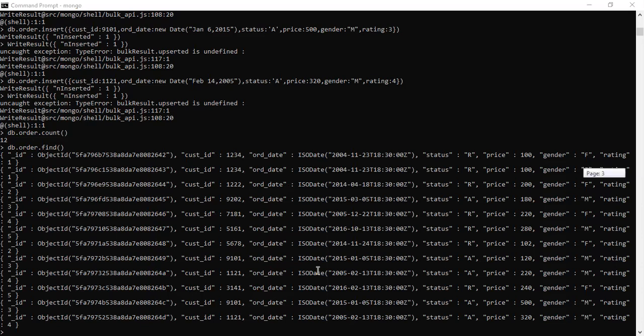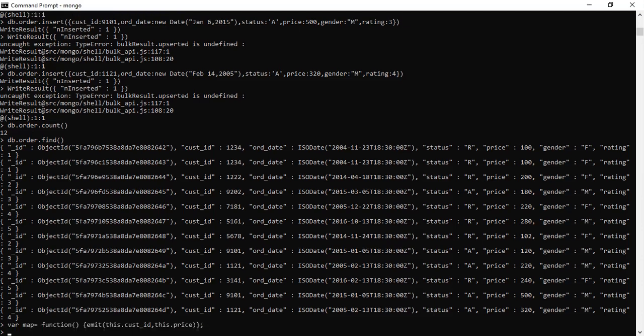Now we will go with the first task in the map reduce. Write a map reduce operation to return the total price per customer ID. What is the meaning of that total price per customer ID? Each document has a particular customer ID. What is the function we are creating here? A simple function we have created.